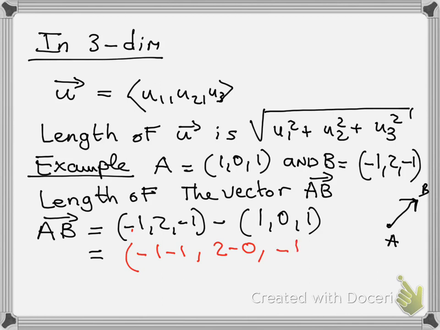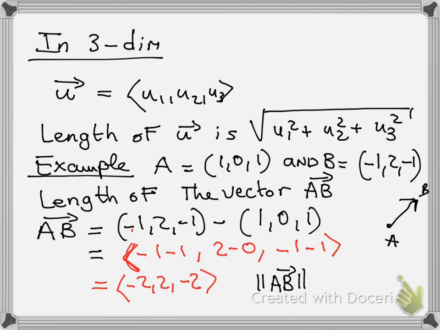So that will be equal to -2, 2, -2. Okay? So then the length of the vector AB,